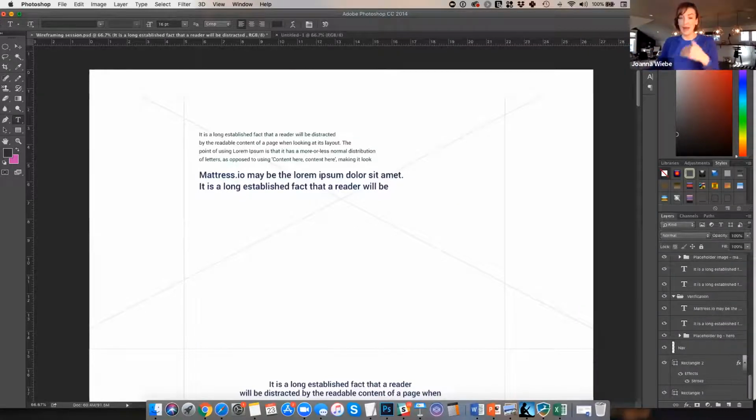When you're actually creating your wireframe, you leave this rectangle that I turned on there all the time as your guide. When you're ready to share it, you just turn that off. In Photoshop, you can just unview it. In other platforms like Balsamiq, you can just plain delete it. And I think you can also just hide it by clicking the eye icon. Okay,